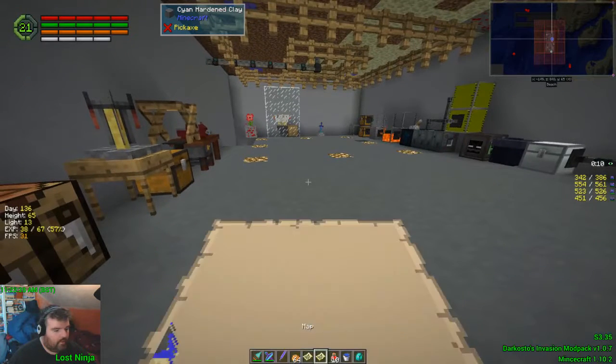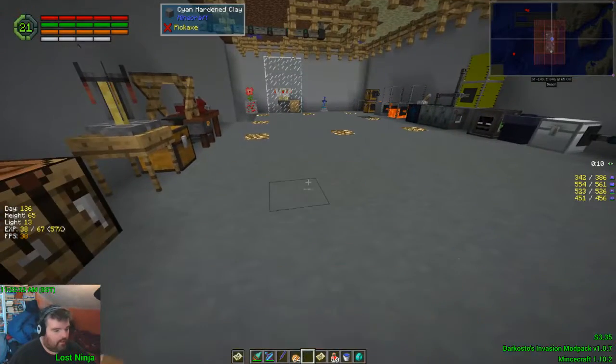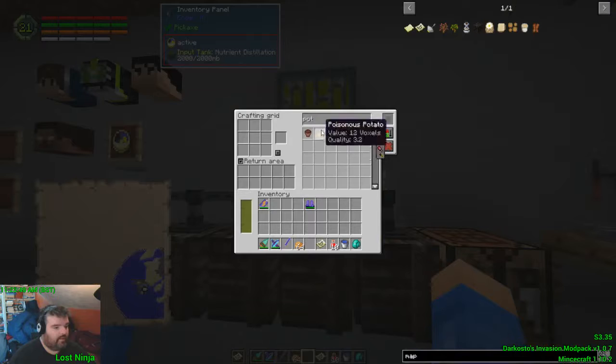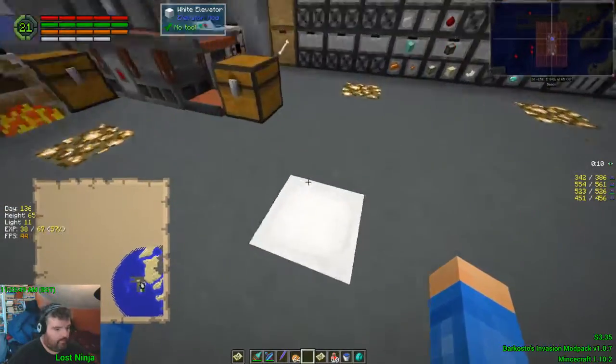Right, so which one? I want to look at that one first. Okay, so that one goes into my offhand. We'll get those. Oh, that's what I was going to do. Pistons. Have we got any pistons? If we haven't got any pistons, we will make some. Frostwalking. I'm going to put the